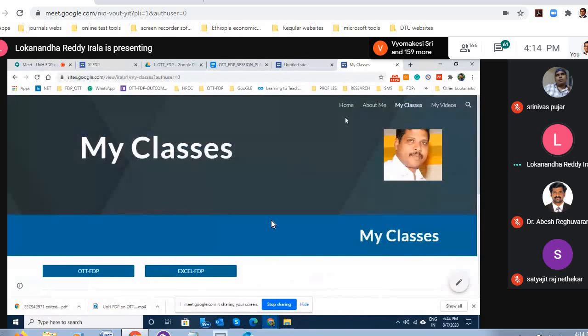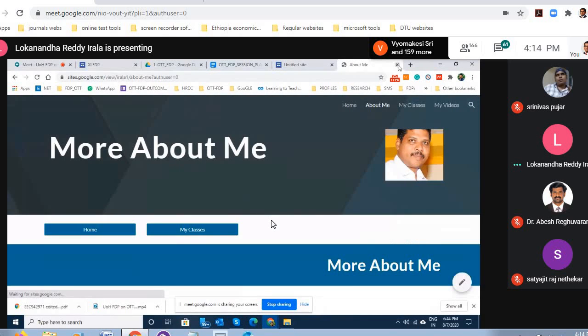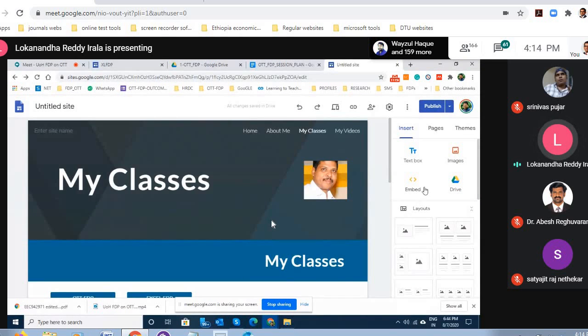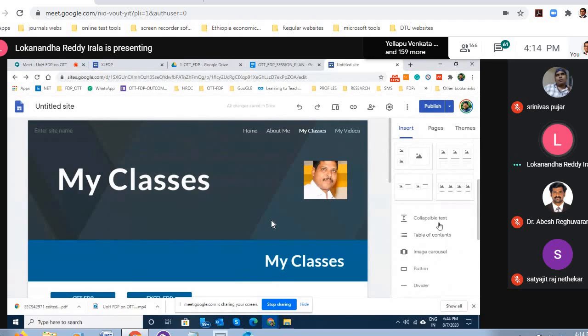So now, what else can you do? You can insert images, you can insert files from Google Drive, and of course there is something called collapsible text. Let us look at this.